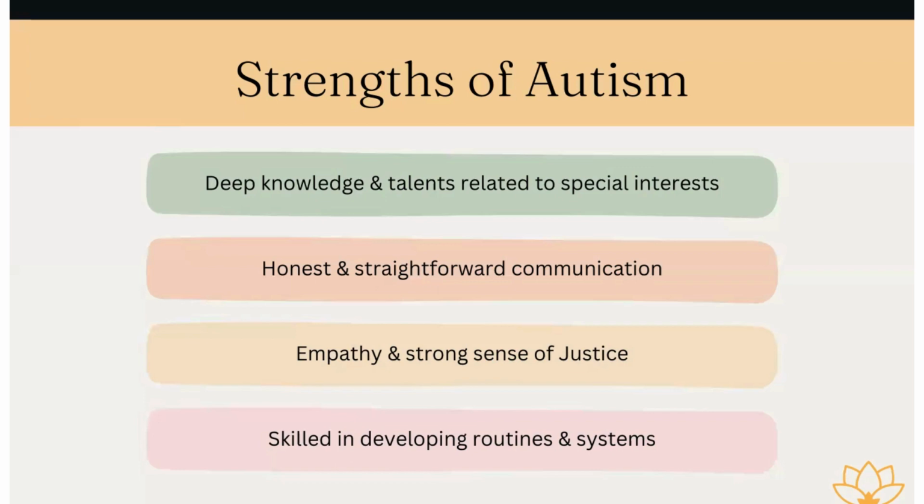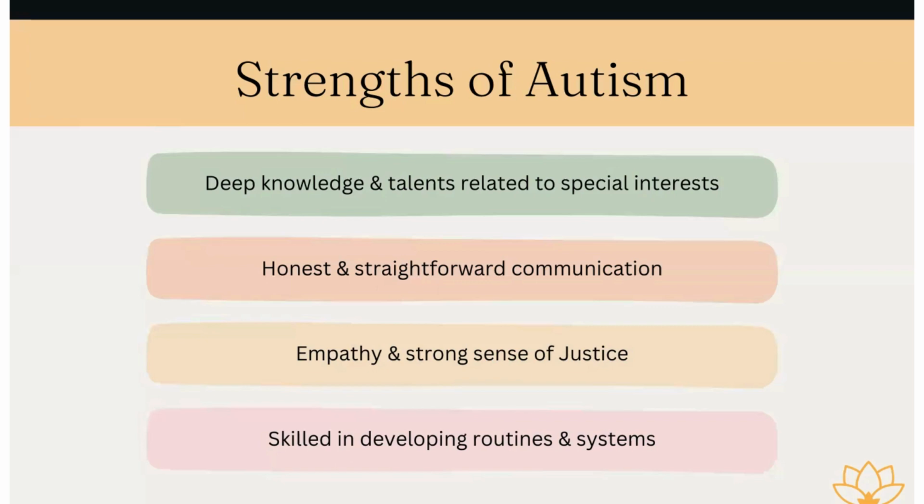Again, a misconception that's pretty common is that individuals on the autism spectrum don't empathize with others, or they don't understand others' emotions, when really it's just that they might not express that empathy in the way that we would expect them to, or they might not know how to comfort or soothe that person in a way that they prefer.